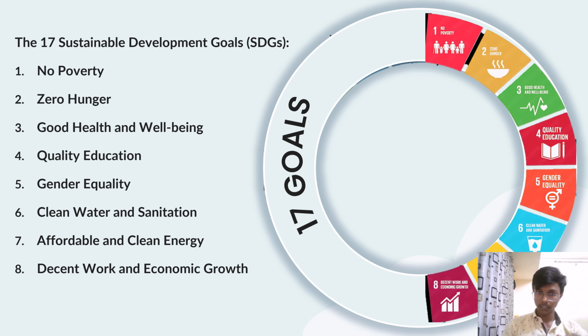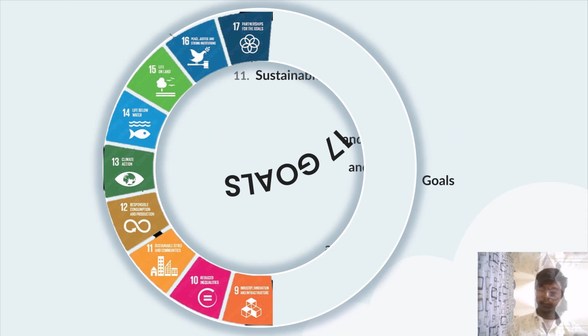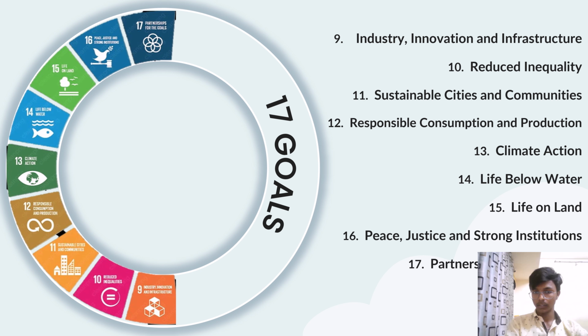And next is the ninth one. Industry, innovation and infrastructure, like factories, innovative ideas, startup ideas, infrastructure. What you can see in this college, what all they have in this college, that's all infrastructure. And reduced inequality, sustainable cities and communities, responsible consumption and production, climate action, most of which we can observe